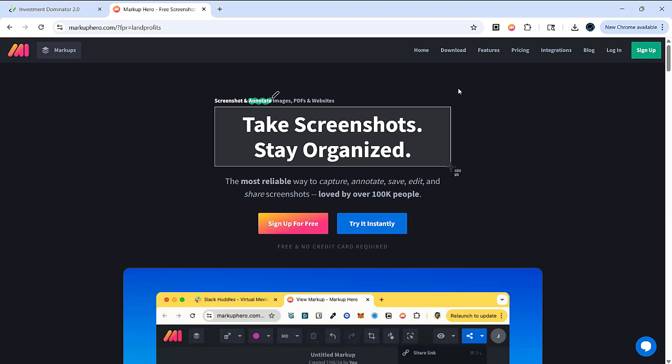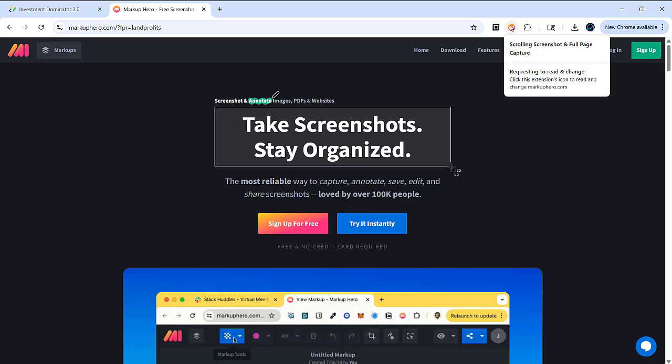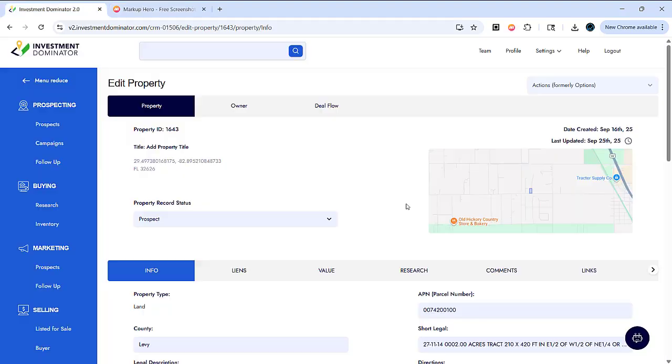You can install this on your device or install it in your browser. This is what I have running here. This is their Chrome extension and I'm going to show you how to use it. All right, in the Investment Dominator, open up your property record and you can see here we have a map